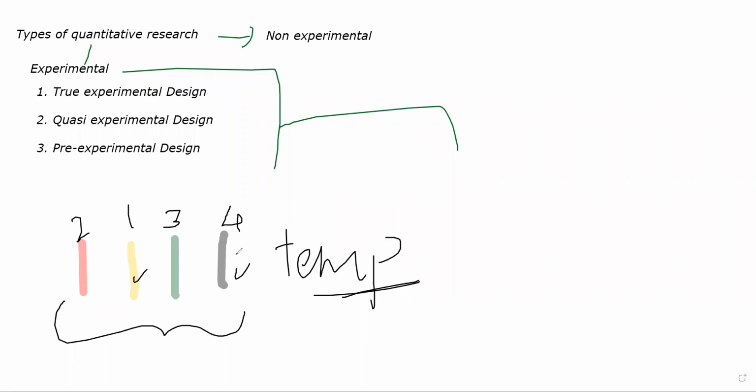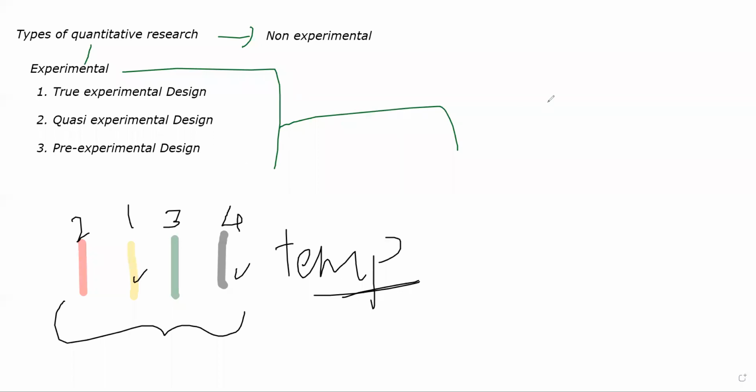Disadvantage is that sometimes you might not be able to perform the experiment altogether. It might be for ethical reasons, or maybe your variables are changing way too much and you are not able to control them. Sometimes it happens. Okay, and for other practical reasons, there is a chance that you might not be able to perform the experiment altogether. Another disadvantage is that you are creating a completely artificial situation. When you do this research, you are controlling everything. Okay? In real life scenarios, you cannot control everything.